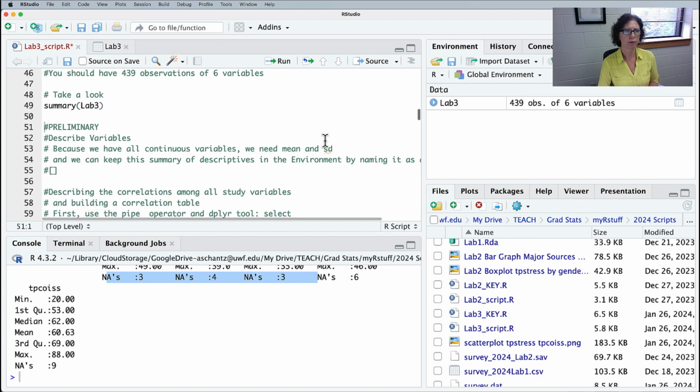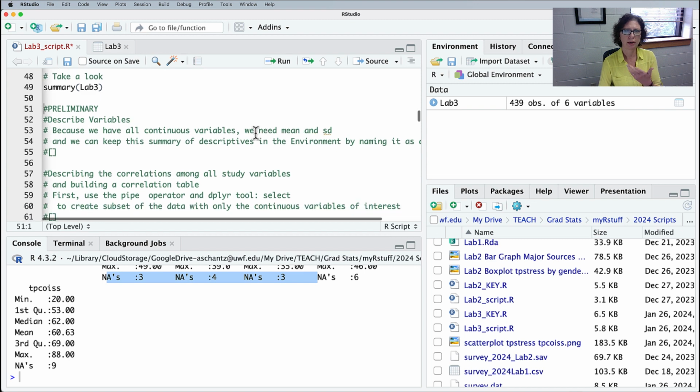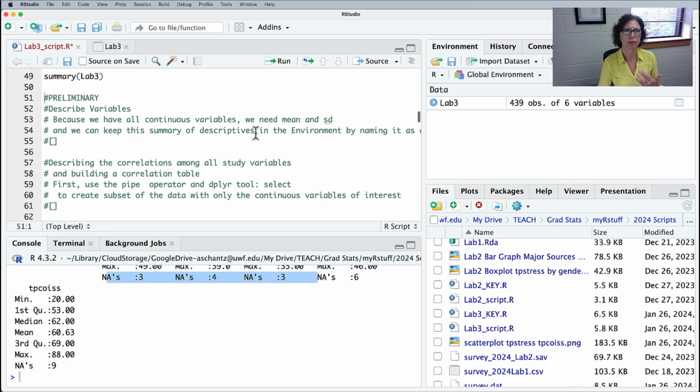And the first thing we want to do here is describe the variables. We have pretty much all continuous variables, and we need mean and standard deviation. And we want to save this summary of descriptives into the environment by naming it as its own object so that we can look at it later. So for this, let's call it descript, and it's assigned by